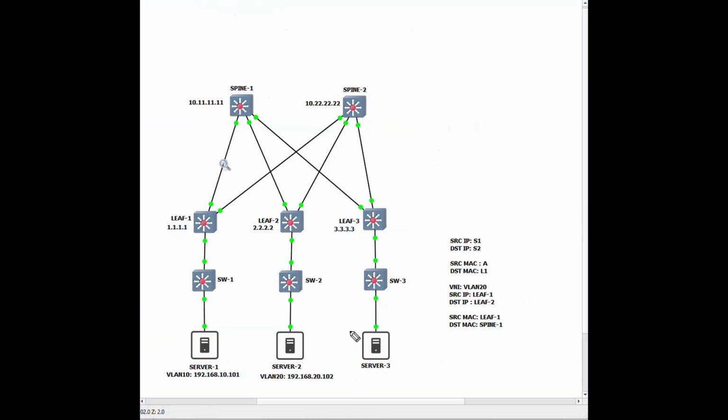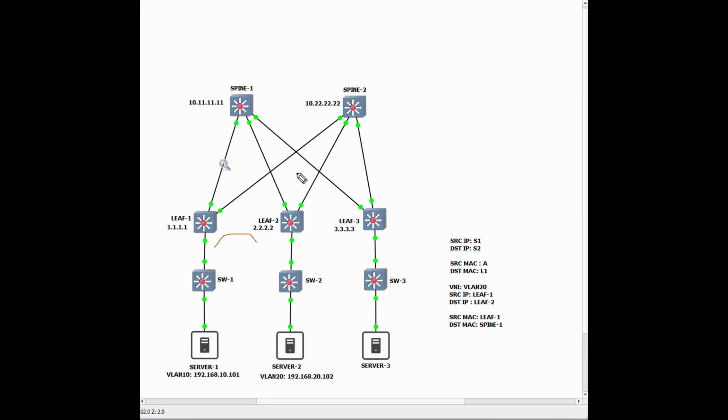This means that for the return traffic from server 2 to server 1, when the packet hits leaf 2, for it to be able to route the traffic locally, it needs to be configured with VLAN 10, or more specifically the SVI for VLAN 10, and then bridge that packet across to leaf 1 where the traffic will be bridged locally towards server 1. So when the packet flew from leaf 1 to leaf 2, it was encapsulated with a VNI